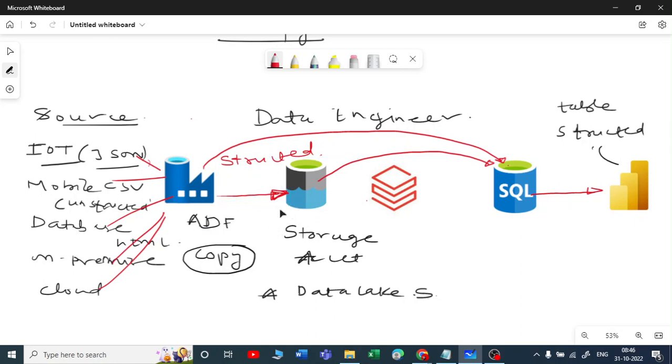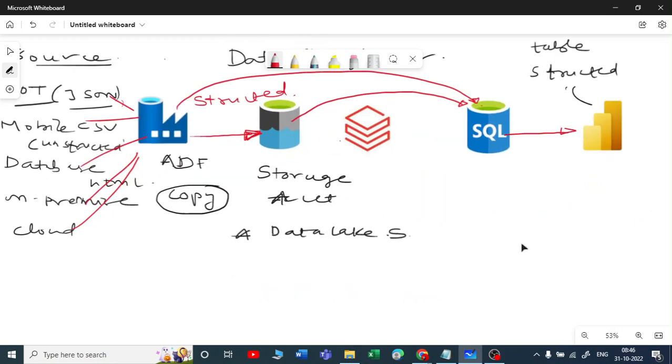If you want to do some streaming analysis, some live analysis, then most of the companies now are relying on Databricks. So this is called Databricks. So what is Databricks? We will discuss in detail, or please watch my YouTube videos on Databricks. We have a separate playlist on that. Okay, what is Databricks? At a high level, Databricks is where you transform the data